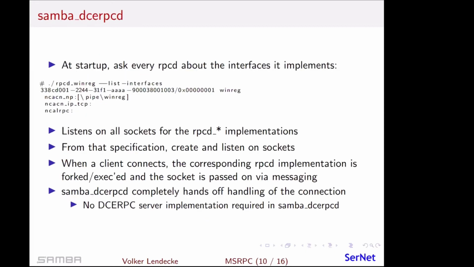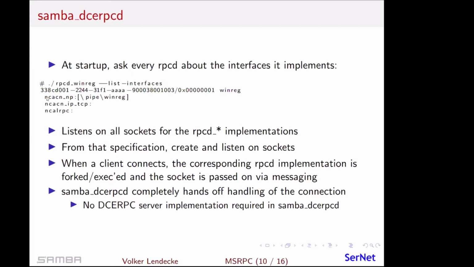That then does the following. It asks every RPCD that it can find about the interfaces that it implements. And here's a sample. I will show you that in the terminal in a minute. I call RPCD winreg --list-interfaces. And what it does, it lists the GUID for the interface, including version, the name of the interface, and now